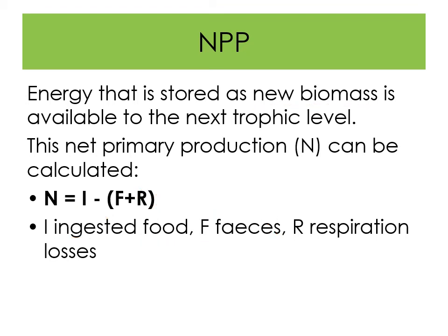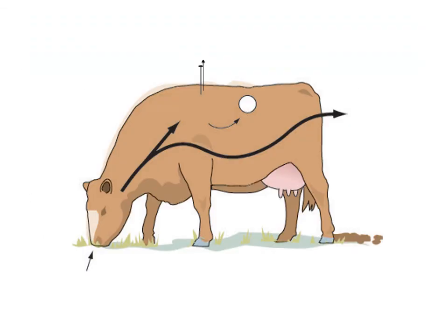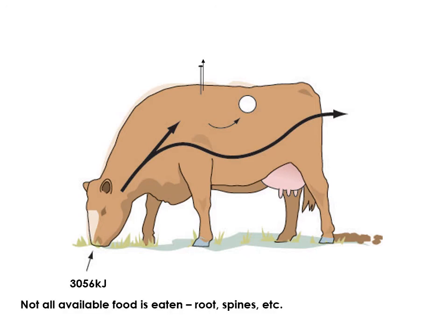Okay, so here is our first animal. Here we've got our grazing cow, I think, yes. So we're applying our knowledge now to work out net production, so the amount of energy trapped in the biomass, or we're doing some problem solving calculations. This is the kind of thing that we get in our A-level. So this is our food, our energy available. Okay, so that's the energy available to be eaten.